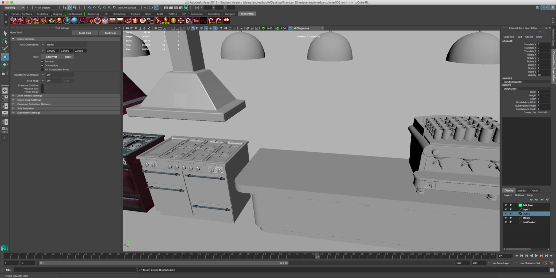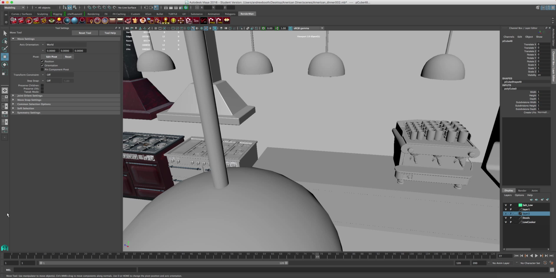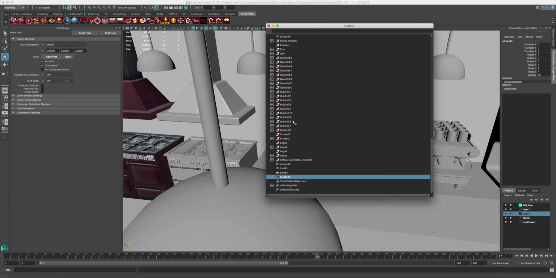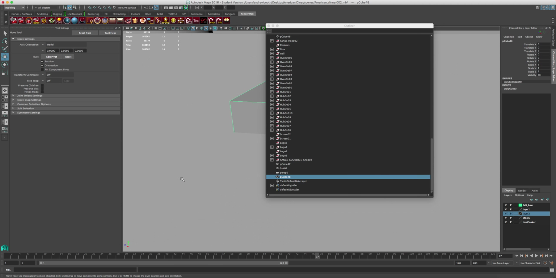Now, if you press F, it does not go straight to it because you haven't got it selected. So go to your outliner, select it, then press F, and there it is. Now, you're probably thinking, what happened to my scene? Well,